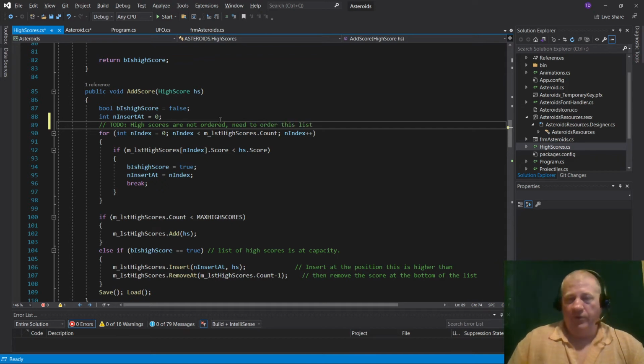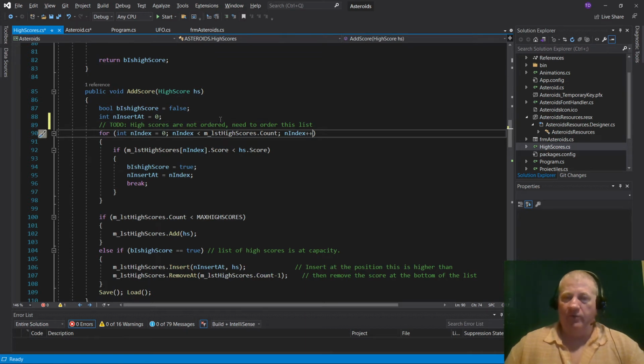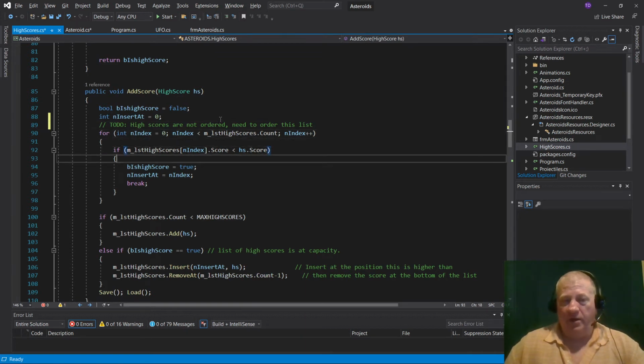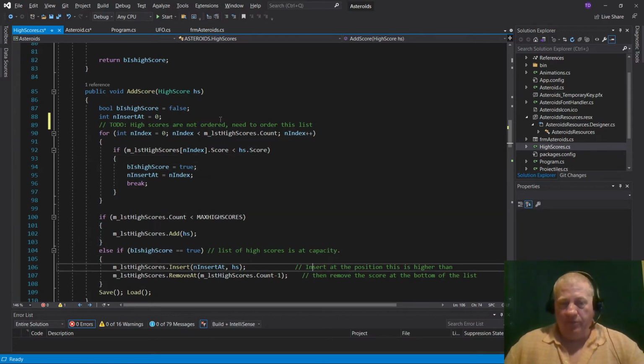So here's the problem. Let's say you've got 10 scores, and this new one actually is higher. But because it's an unordered list, you can actually have the highest score being the last on the list. And what this will do,